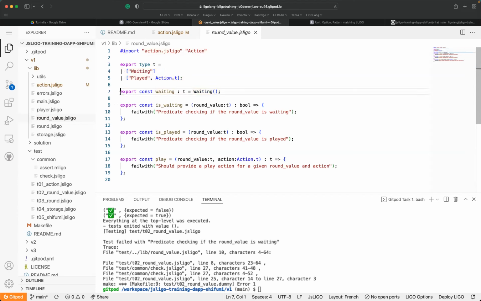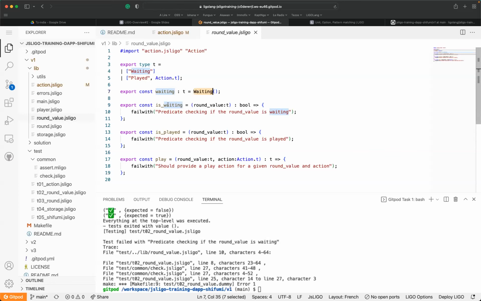And we are just going to create a first smart constructor, a constant which is waiting, and which calls the constructor waiting. So this is the initial value once we perform the round value.